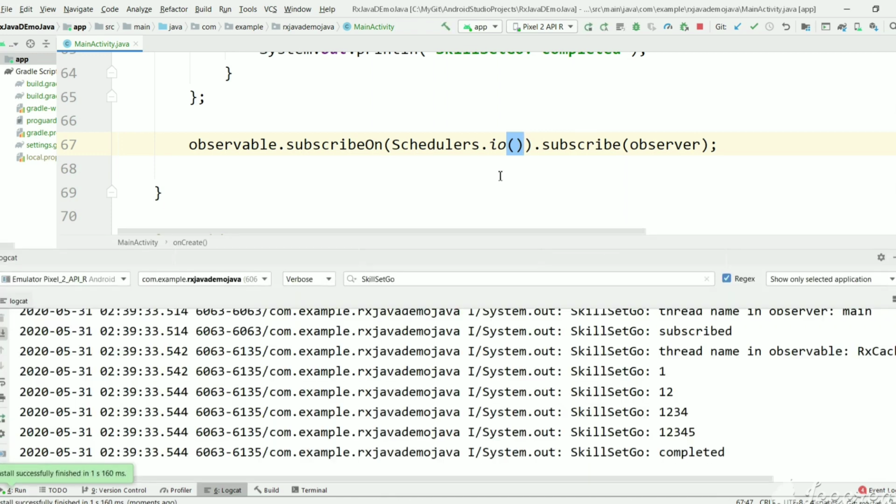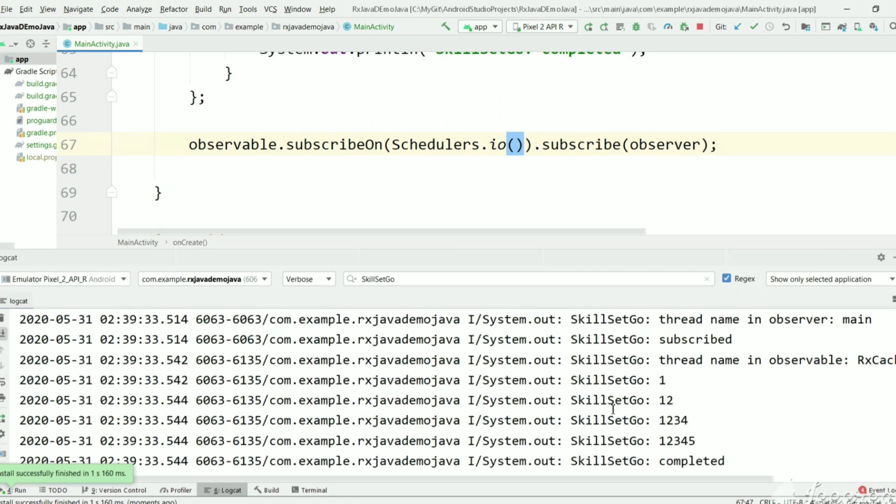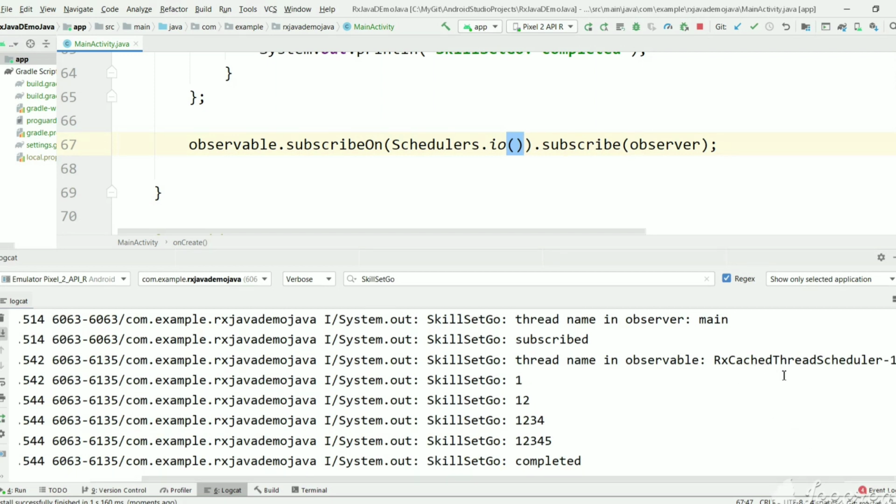Now the observable should run on the IO thread. The observer is again running in main, but we have specified a thread for the observable. As you can see, thread name in observable is RxCachedThreadScheduler-1. So with schedulers we are providing a thread name.